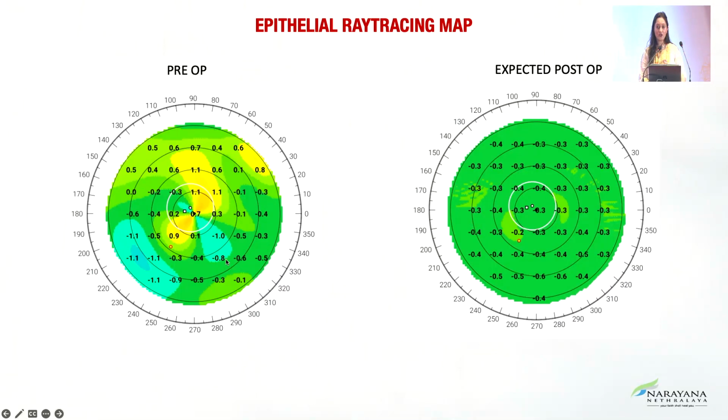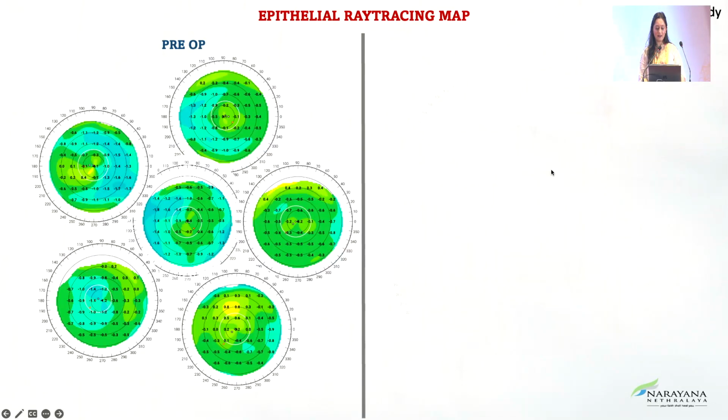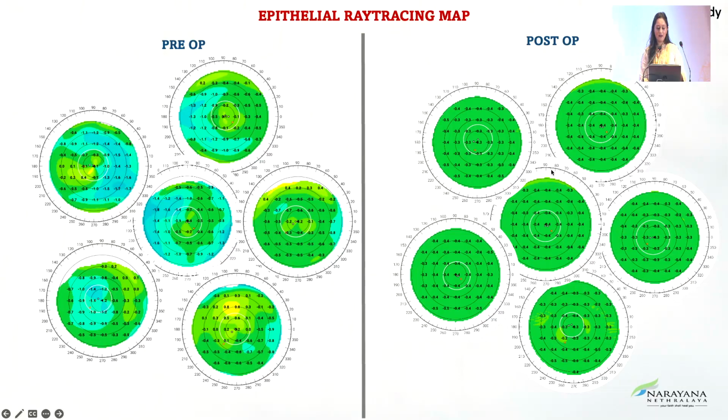And this is the ray tracing based epithelial map. You can see there is some amount of irregularity present here with some difference in the diopters, but when we did a Wavelight Plus, the post-op map looks like this, and these are some of the ongoing studies where the Wavelight Plus takes care of the